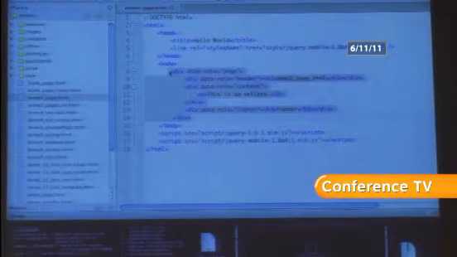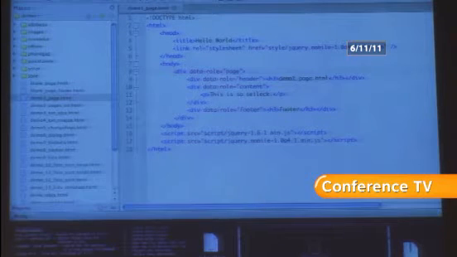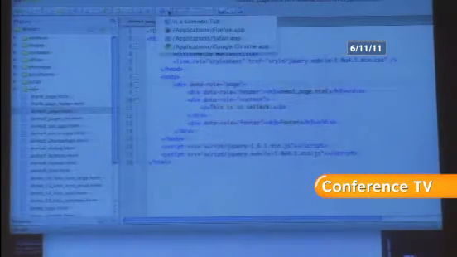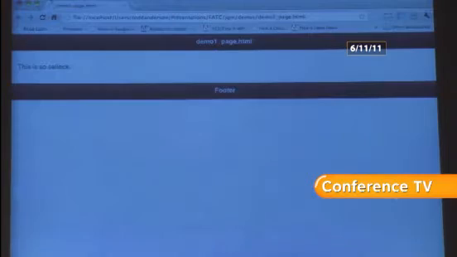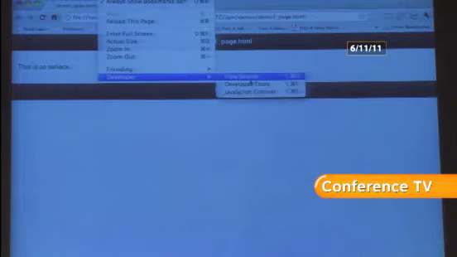If we go into here and we see our markup, and we see the div declared with the data role of page, and I have my 3 divs, the header and the content and the footer. And if I run that real quick, and Safari hates me. Safari quit on me. If I run that real quick and we open up the developer tools,